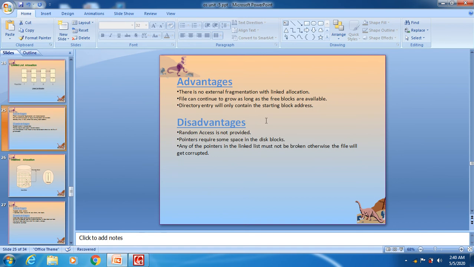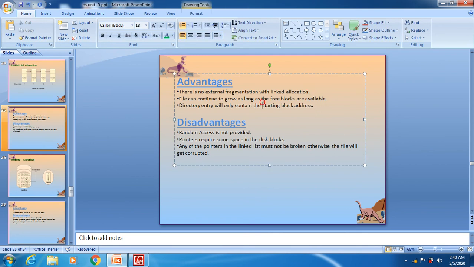Now we will see the advantages. There is no external fragmentation with linked allocation. Next, a file can continue to grow as long as free blocks are available. Means if you want to add extra blocks to the file, it is possible in the case of linked list. The next advantage is that the directory entry will only contain the starting block address.